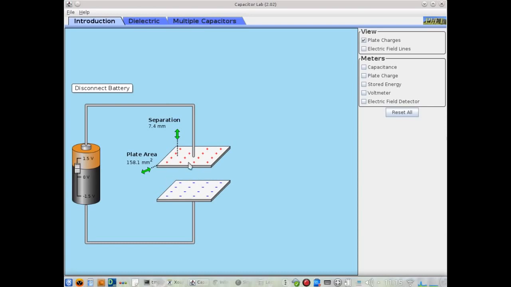Now, what's going on inside the capacitor? Well, you can see here we also have an electric field that points from the top plate to the bottom plate, from the positive charged plate to the negative charged plate. And charge will continue to move from one plate to the other. Electrons, for instance, will continue to go from the top plate to the bottom plate until the potential difference between the plates matches that of the battery, and charge motion will simply stop